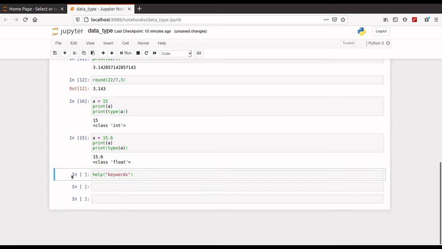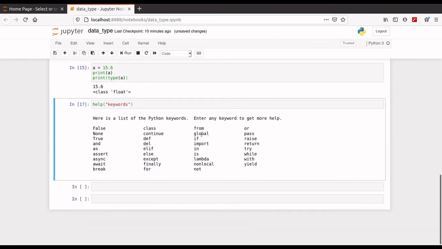Okay, so look, these are the reserved keywords, and you are not entitled to use these keywords while declaring your variable in Python. So take care of that.